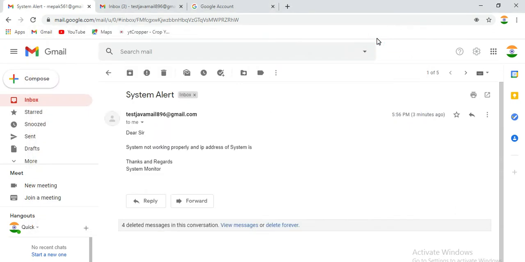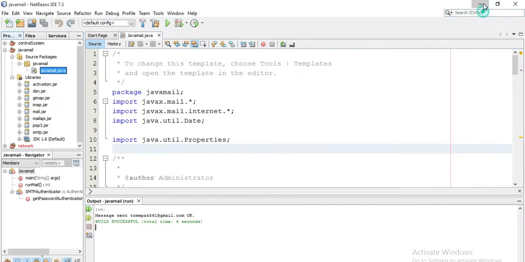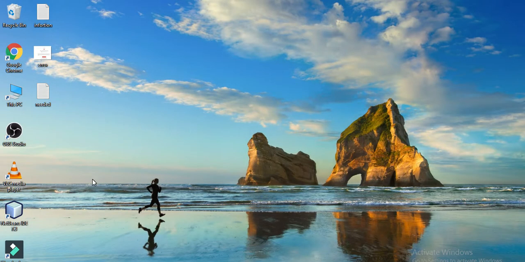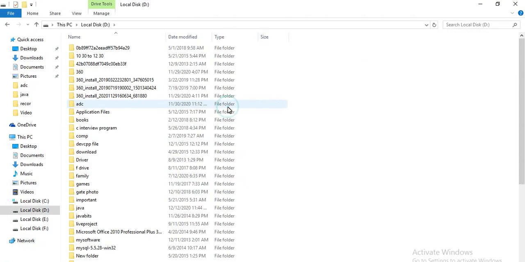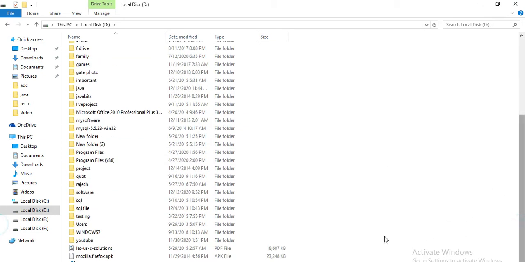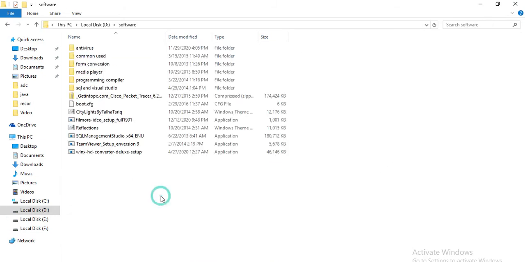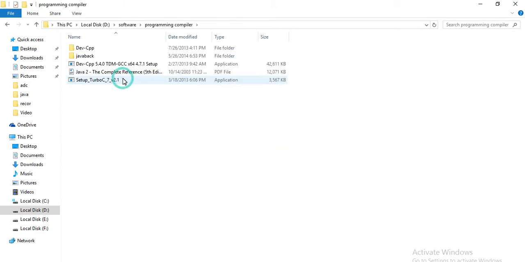So let me show you things step by step. First, we need some applications like Java and other things. I have put these in the D drive, in software, programming, compiler, Java.